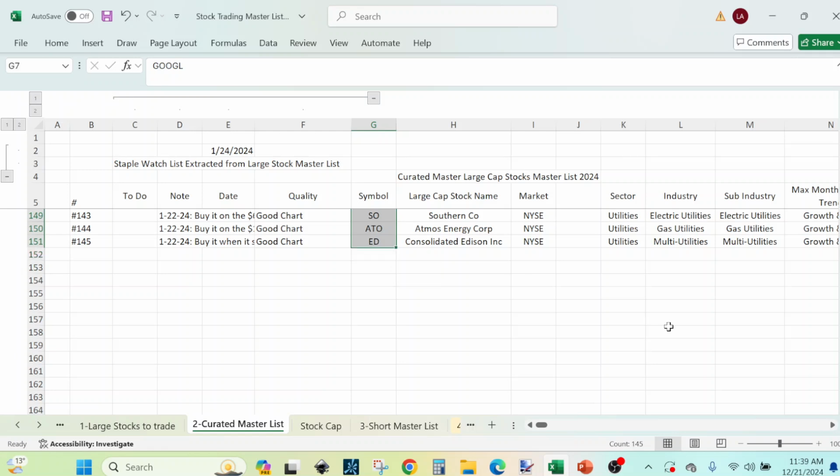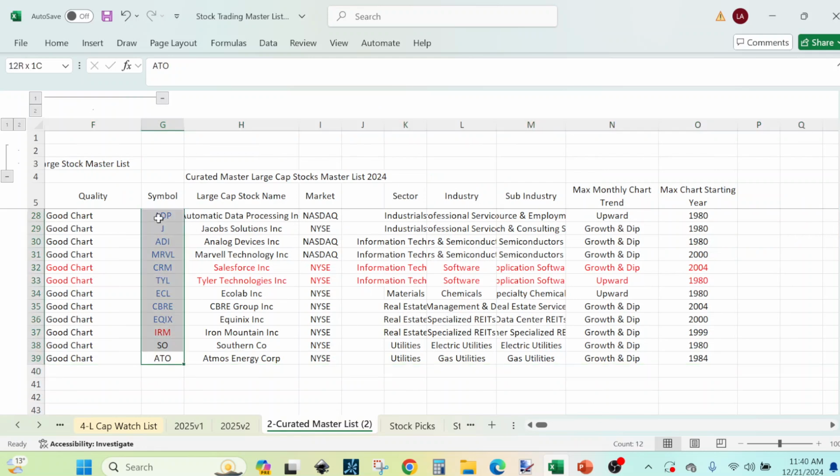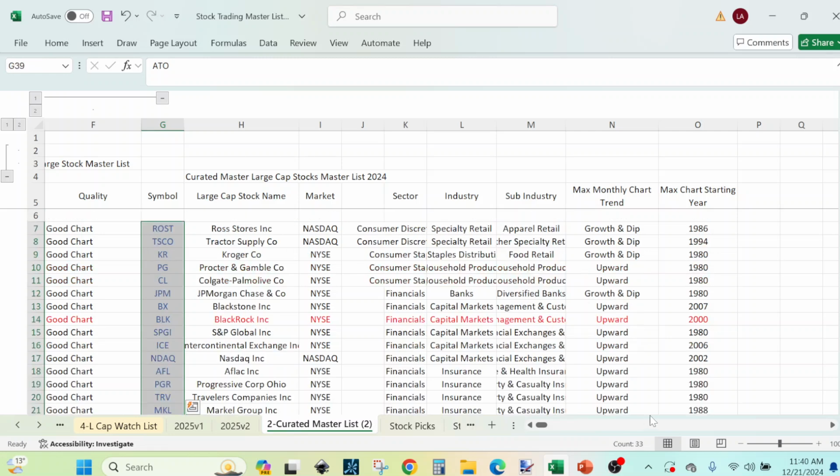You see 145, and using the maximum monthly chart, we narrowed them down to 33. Okay, so in the next video we are going to apply the second filter to shorten it again,